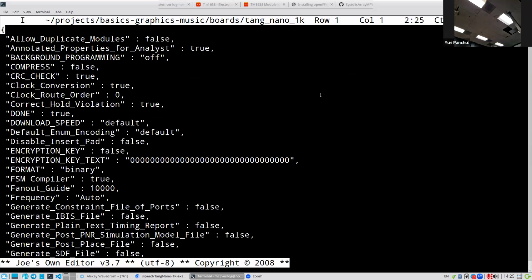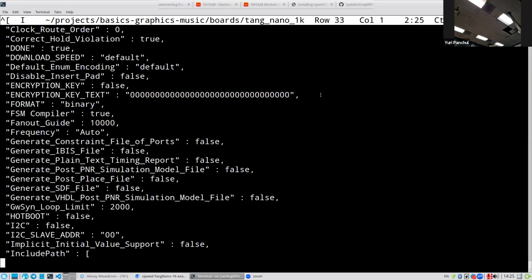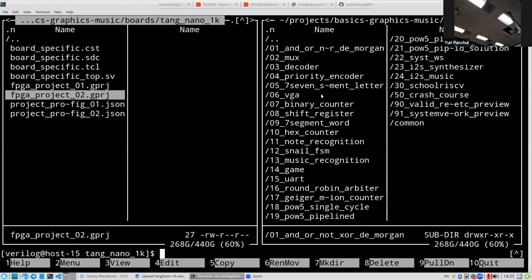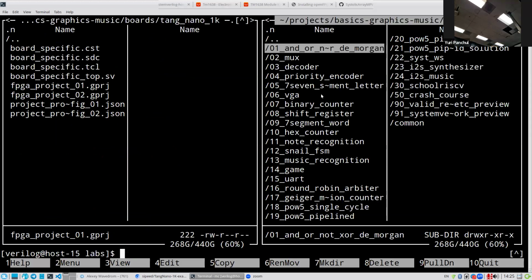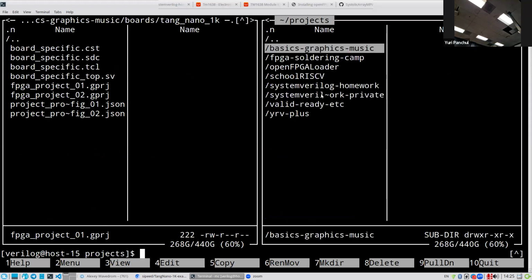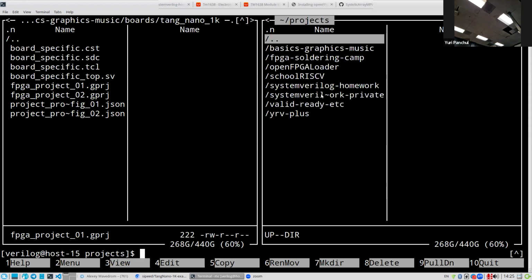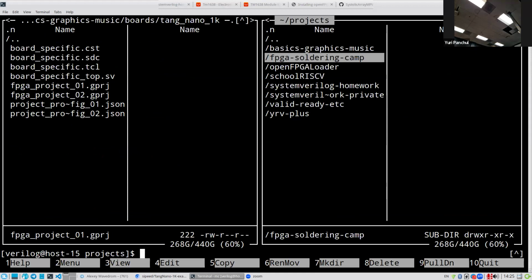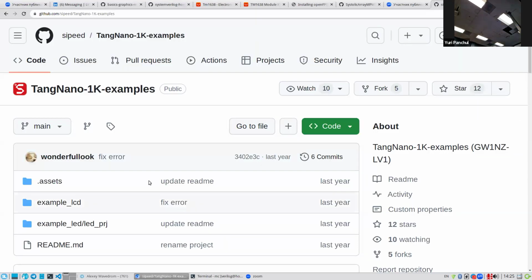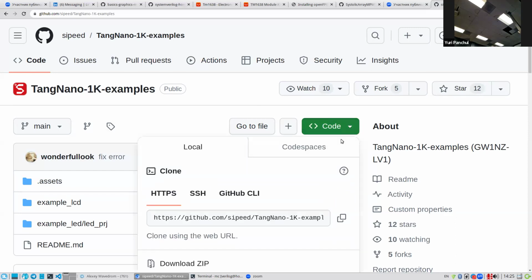Yeah, and the JSON files can be the same, because we have the same JSON file for all the other files. So where do we get information about the device? In order to get information about the device, we are going to the vendor GitHub, and we are cloning the Tang Nano 1K examples. Okay. So we can clone the examples here, and then